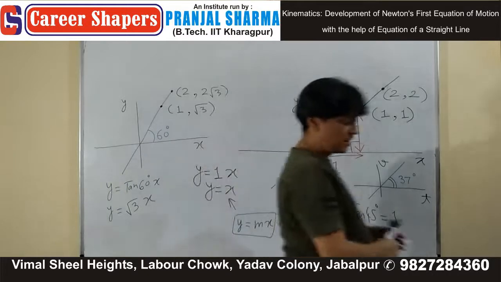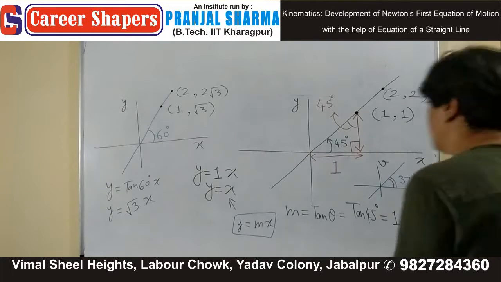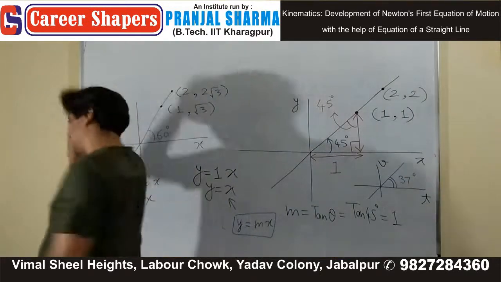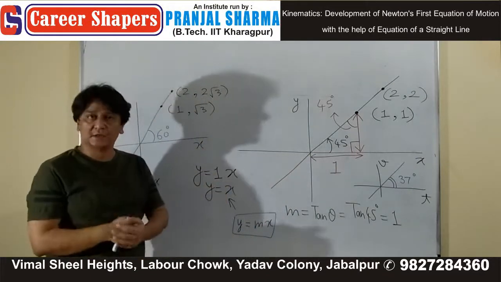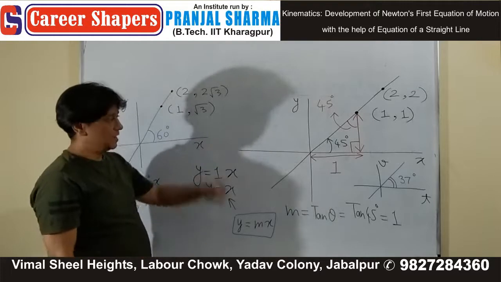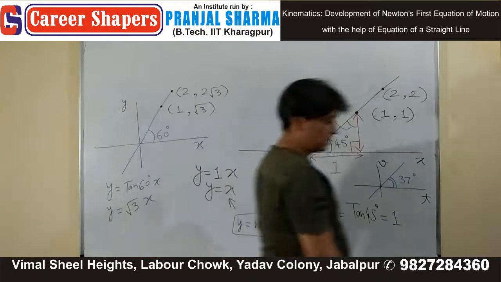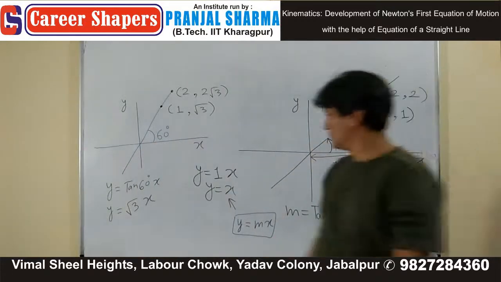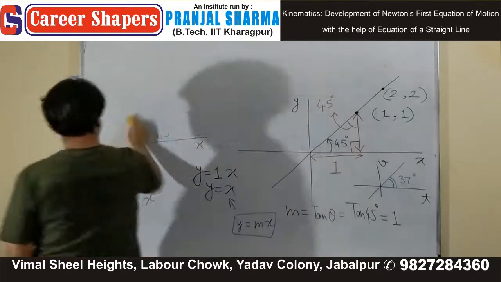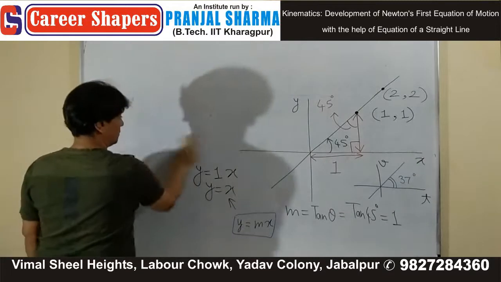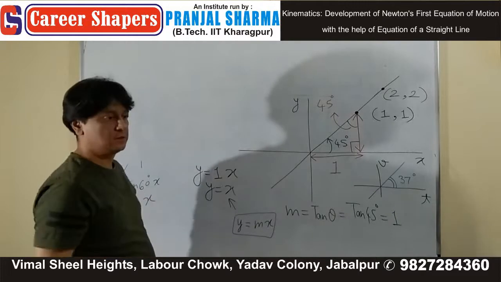A graph is plotted between velocity and time and is in the form of a straight line which makes an angle of 37 degrees